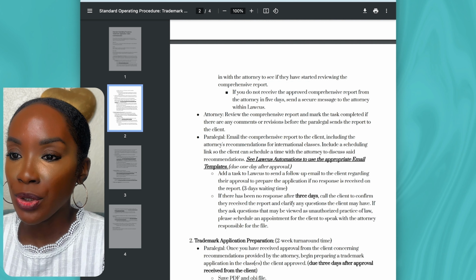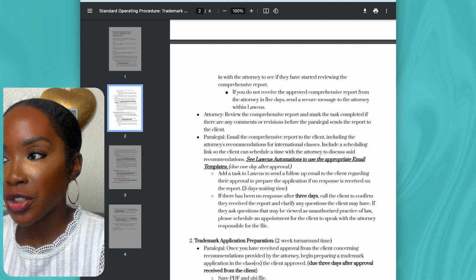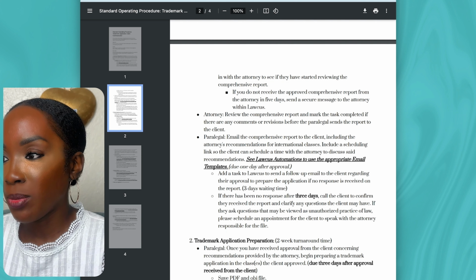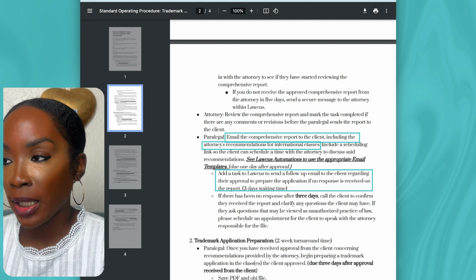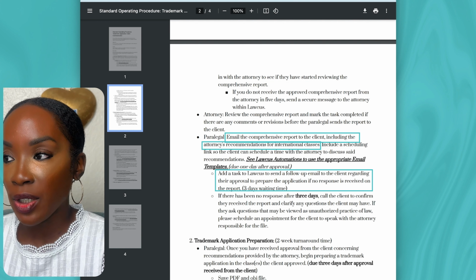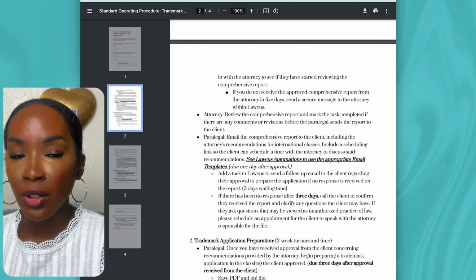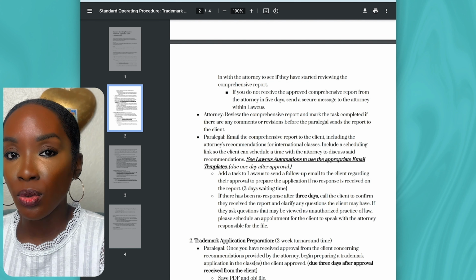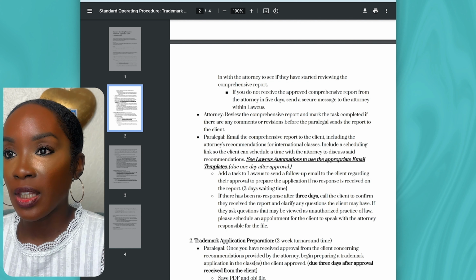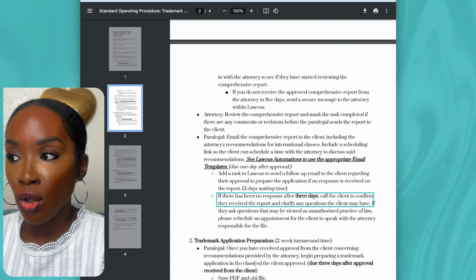When it comes to the area that talks about communication channels, I'm sure that you might have also noticed that email is the first point of communication. I mentioned that. And then if there's ever an instance where the paralegal or the attorney is unable to get a hold of the client, they're then required to ensure that they make a call to the client,